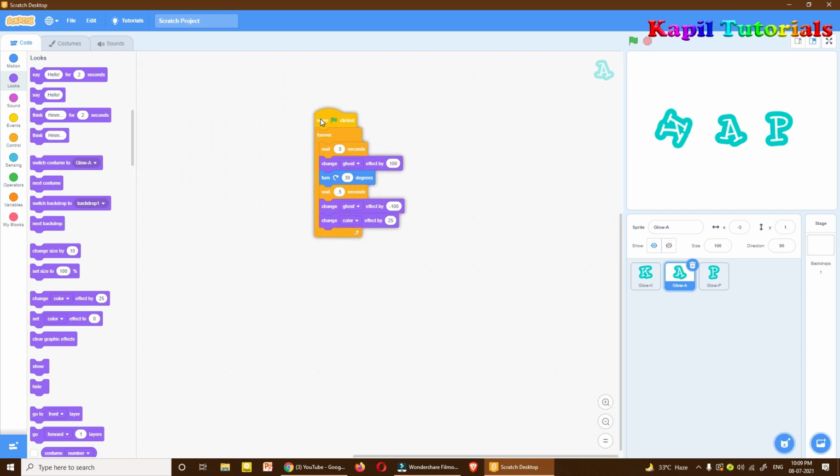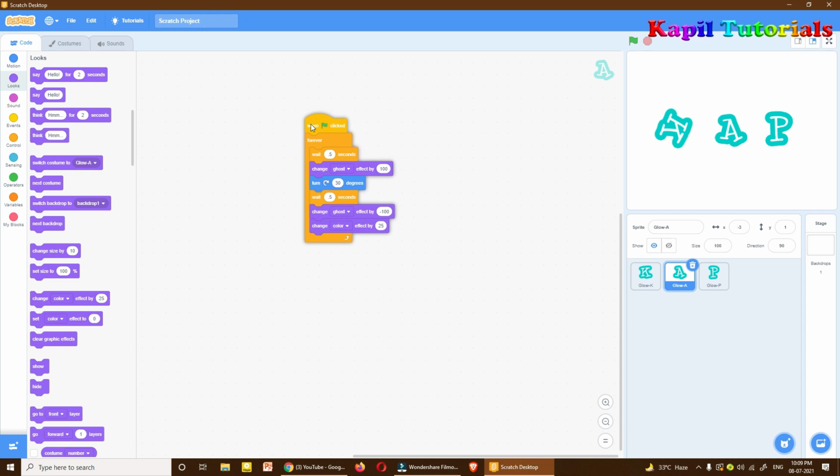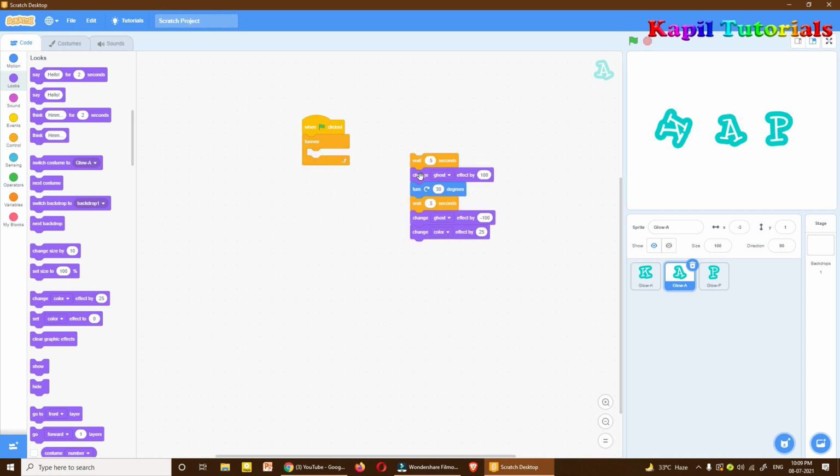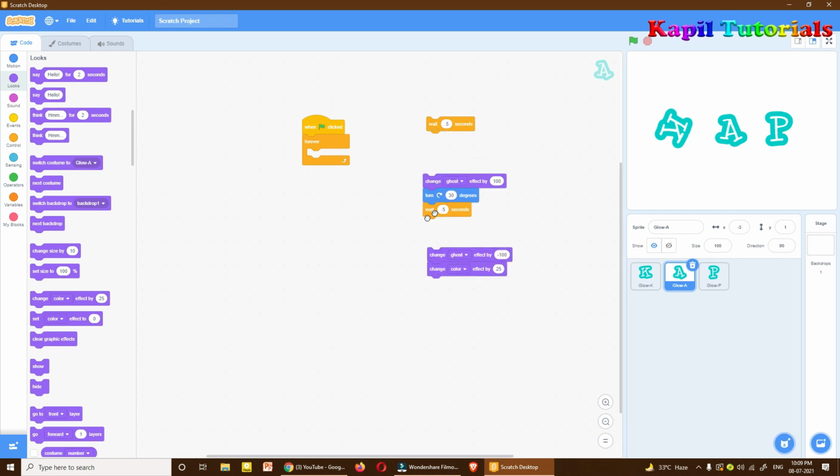I'll do the changes here only, so that my time will be saved. Okay, so the rest of the commands are the same. I'll just put these commands out. I don't need this wait command. From here also I don't need the wait command. I'll just delete these commands.